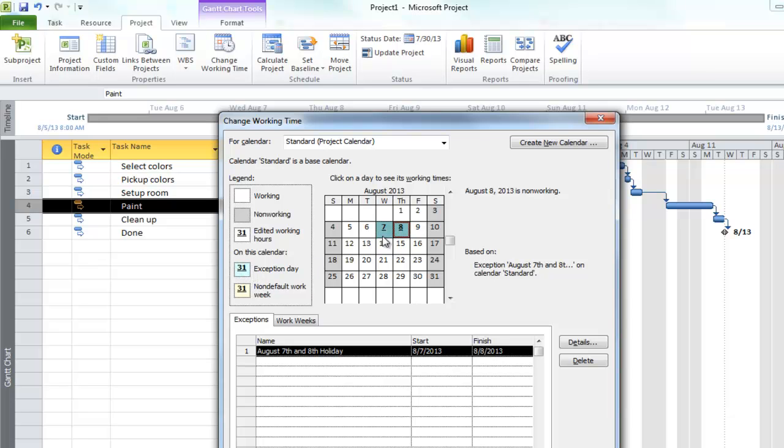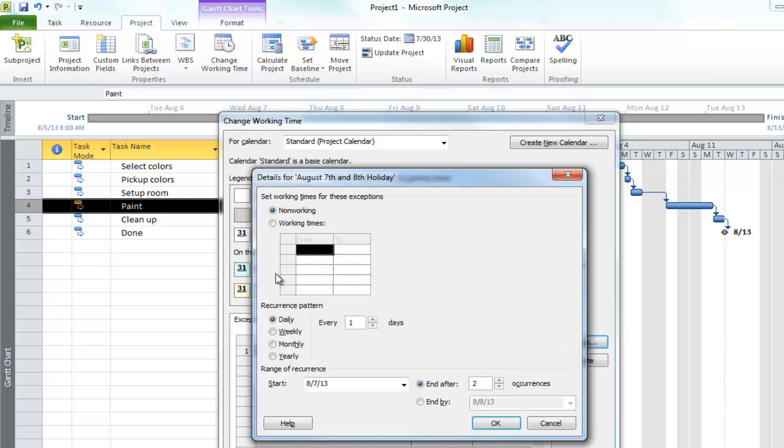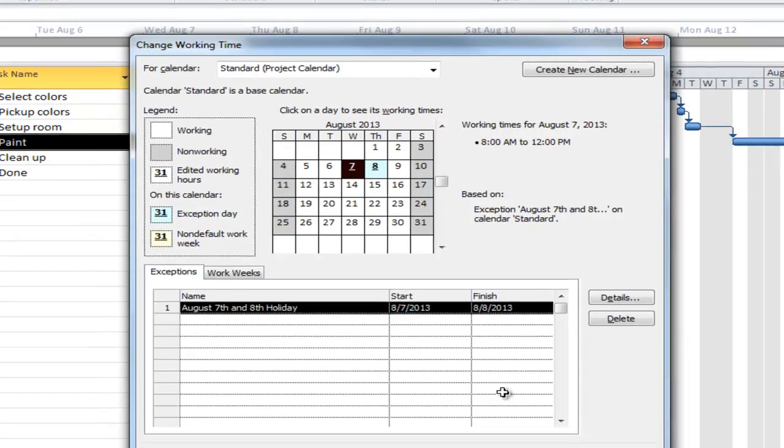And you may be going, well, Kevin, that's a very dark shade of baby blue. There's some dark gray colors to that. Well, that's because it's totally a non-working day. If I was to change the details so that we made those half holidays, for example, which would be a crazy thing to do but possible,